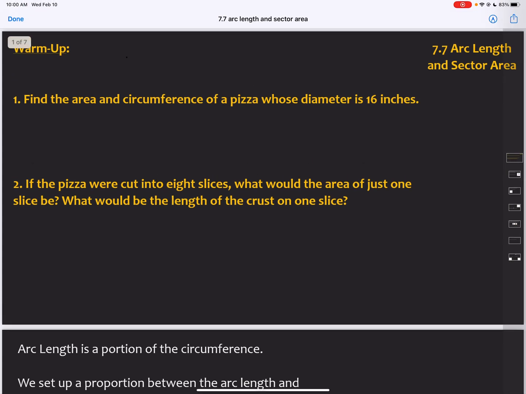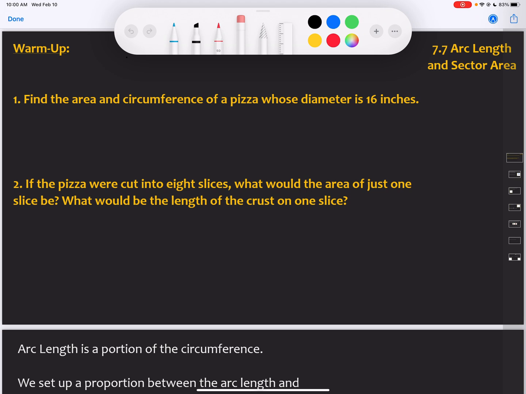Hey guys, this is a video for 7.7 arc length and sector area. So as a warm-up question, we want to find the area and the circumference of a pizza whose diameter is 16 inches. So the first thing that we need to know is the area of a circle